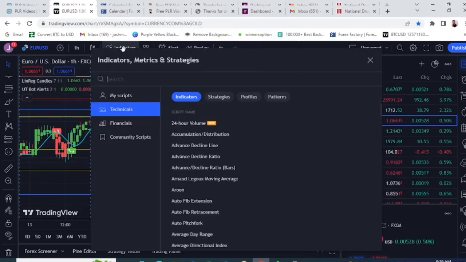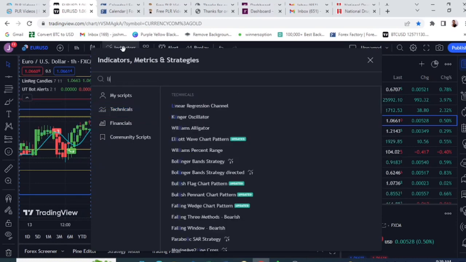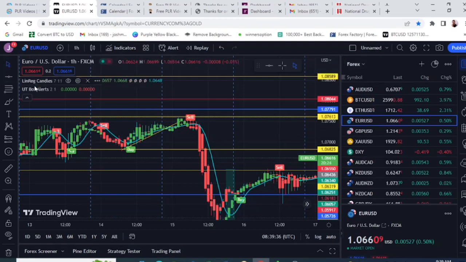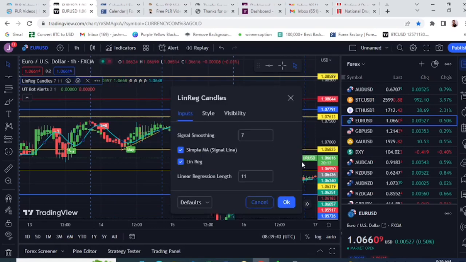So the first indicator you're going to add, look for linear regression candle. This one right here, linear regression candle. That's the first indicator. So it's already here, so I'm going to open it from here. So when you add linear